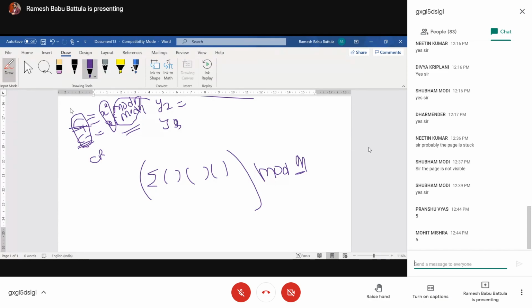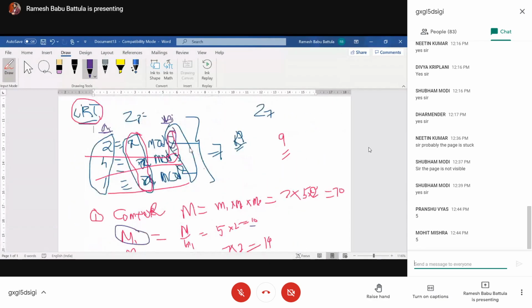So C1, C2 are the result of modular arithmetic only. These are different values, but the same modular arithmetic or different modular arithmetic might be used. Based on that, they are going to predict your plain text and key. Why? Because here the plain text and key are the values. So the plain text and key we are able to find very easily. That's why we need to understand this Chinese remainder theorem. That's why I introduced it to you.